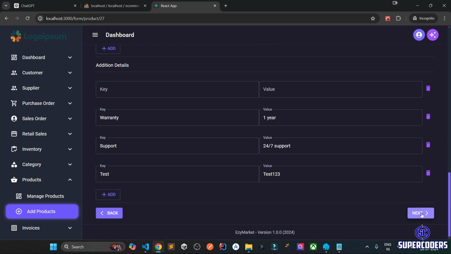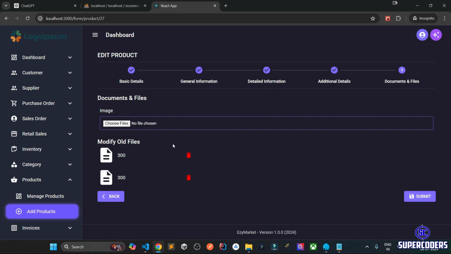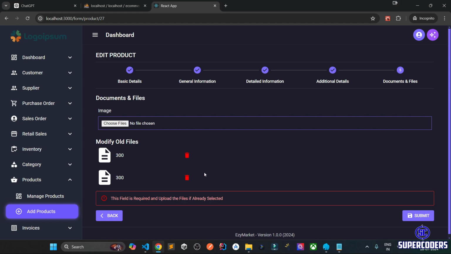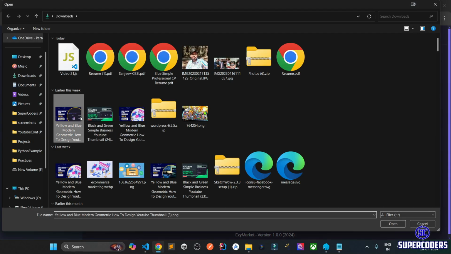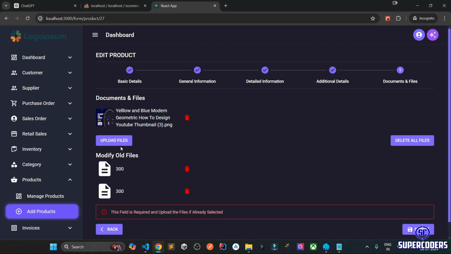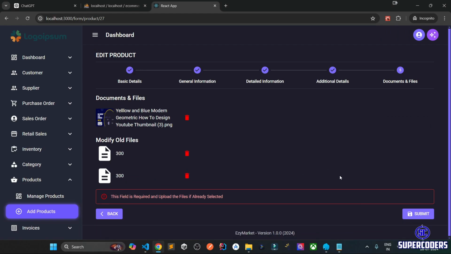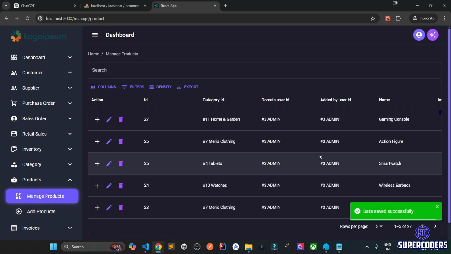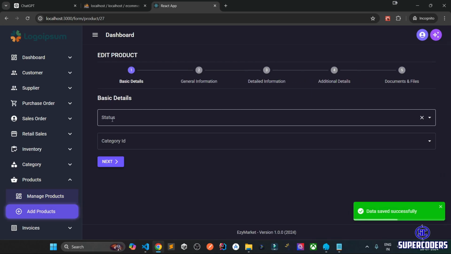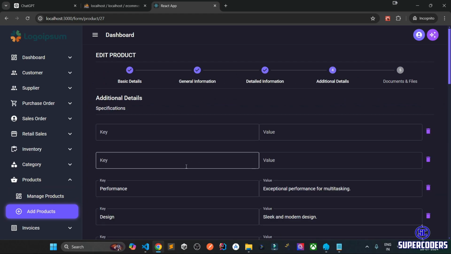So next, there are 2 images showing. Click on submit. I think I already have images. It is asking for one more image. So let's add one more image. Try to submit it. If I try to edit it again, coming to the data information, additional data, I can